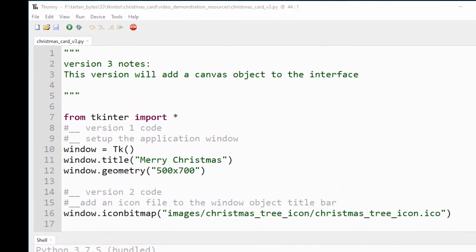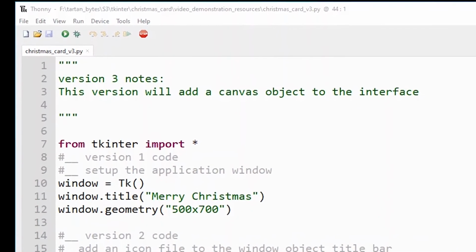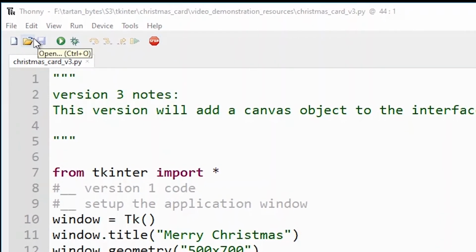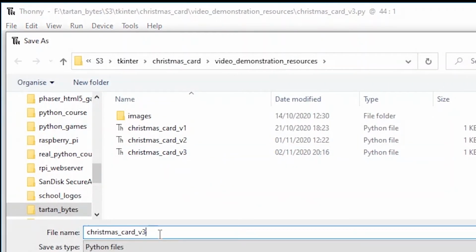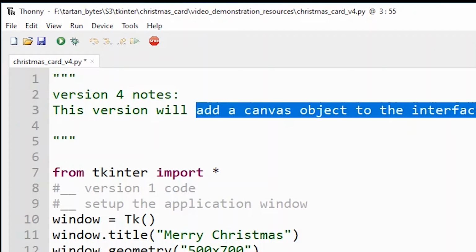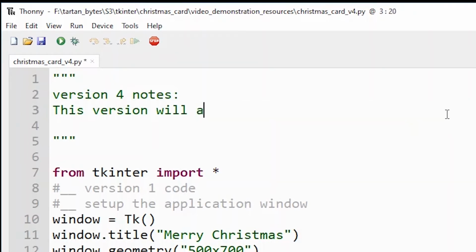Now, as normal, to keep our version control under control, what we're going to do is immediately save our version 3 as version 4. So go ahead and do that. File, save as, and you just need to change the 3 for a 4. Make sure it says 4 and then go ahead and change your comments to version 4. And this version it's not going to add a canvas, it's going to add an external GIF graphic